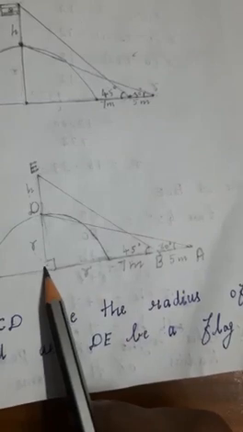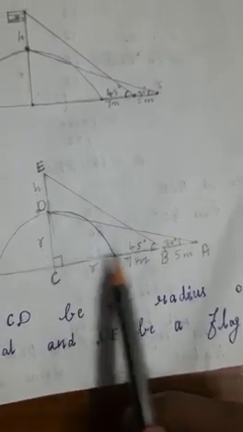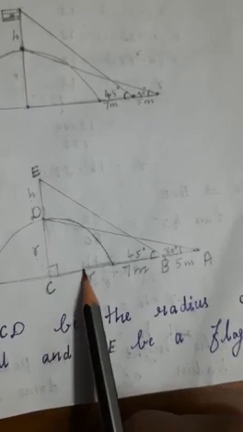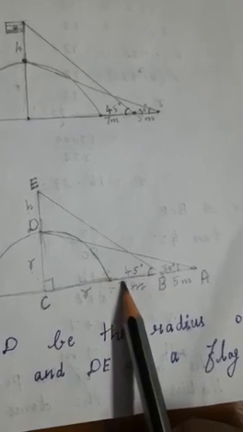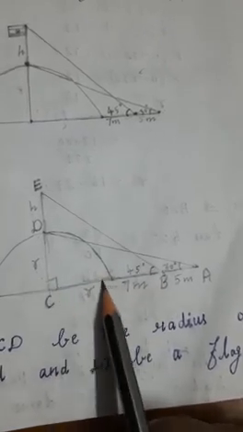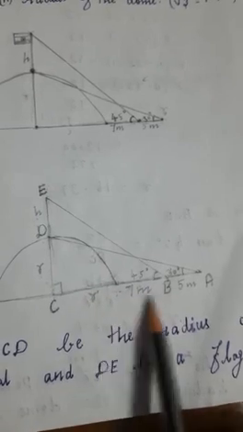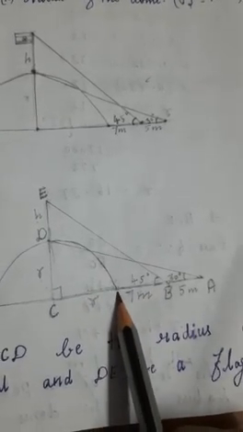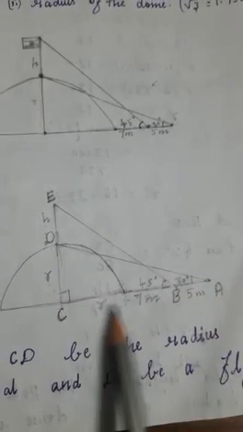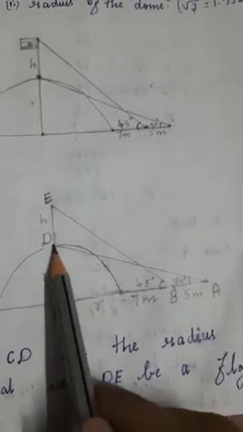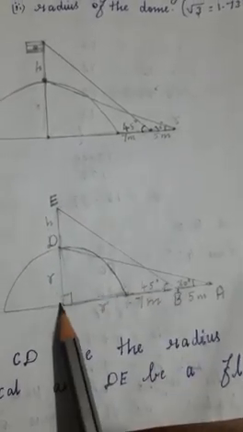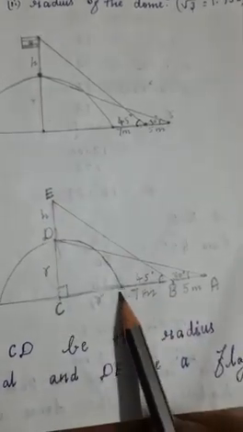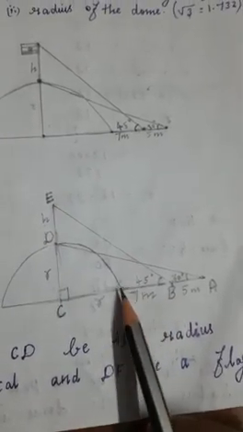Next, BC is equal to R plus 7. Now see BC length, B to C. This much length is R, you know that. After here, this much length is 7 meters. So this plus this, if you add it, R plus 7. Why didn't you put a letter here? Because the right angle triangle is here only. So this corner and this corner, after this right angle triangle, one letter on this corner, here this corner. That's why we didn't put a letter here.